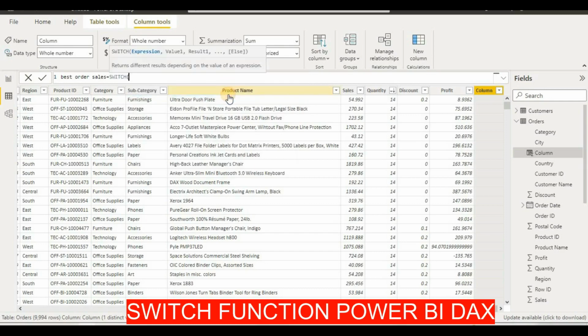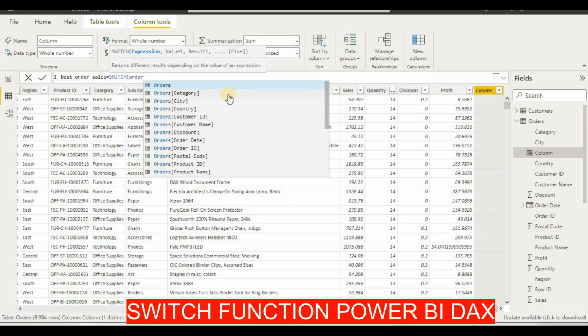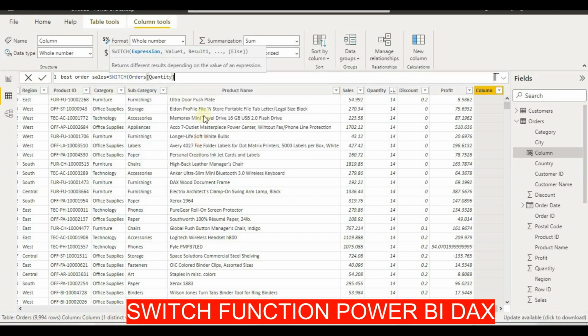After putting switch, I will take my table, which is our order table, and from there I will take the order quantity, because we want to check the quantity, and we will say if our quantity is equal to 14, then I will say best sales,